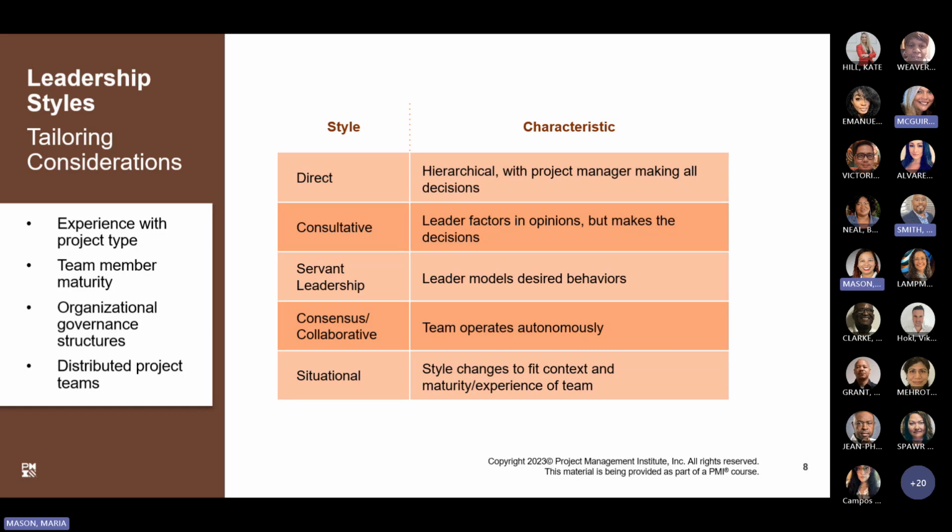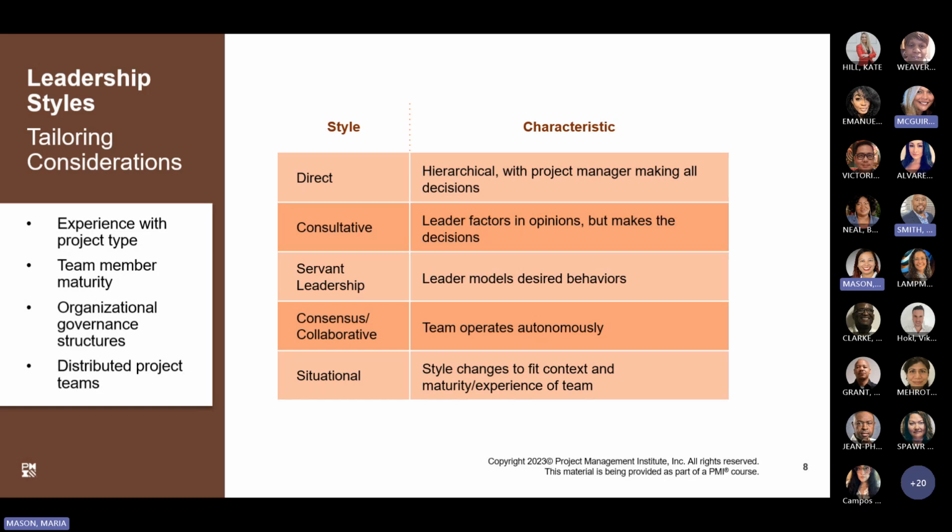Something else to factor in is the team's maturity, right? So, experience levels, that team working together. Certainly, a team that is used to working together for many iterations can probably pivot faster, or may have a different type of synergy than a newly formed team that's still in the kind of getting to know each other stage. Different personality types, all these factors lead up to the appropriate style that you as a project manager would want to employ.